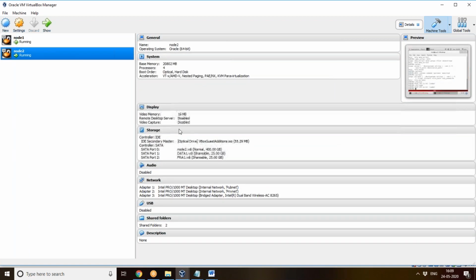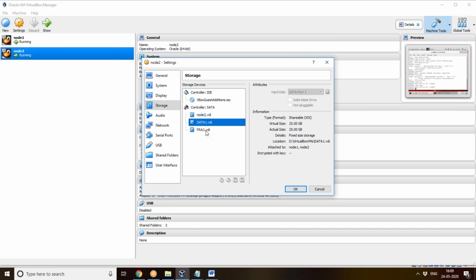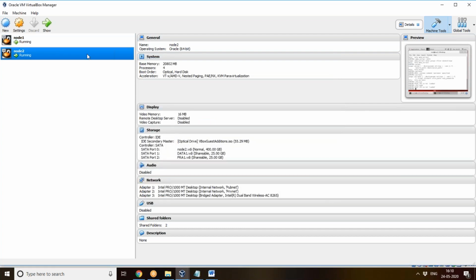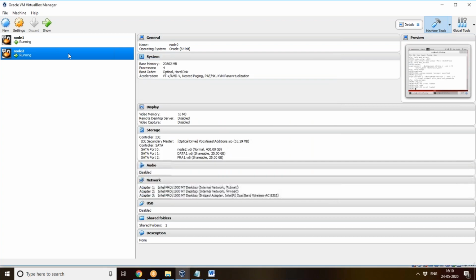Similarly, on node 2 I have added data1 and FRA1 of 25 GB each. Only two disks I have added, and I have shared them between the nodes. Also a shared folder for the 12c RAC grid installation, and the Oracle ASM library kernel file for Linux 7, one RPM file that we require, so that also I have shared.